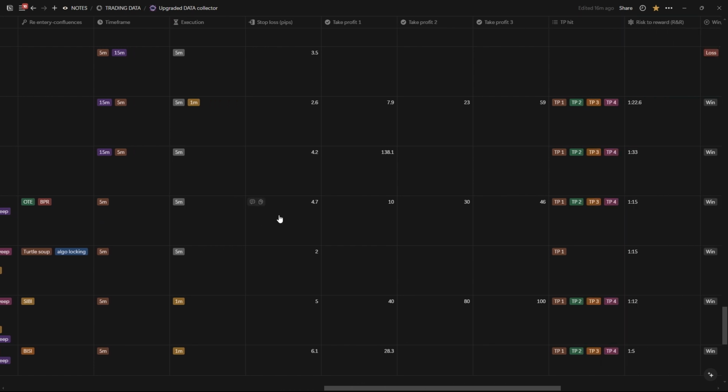So what I also annotate is my stop loss placement, the number of pips. I use this for two different things. I use it to calculate my average stop loss when I lose, and average stop loss when I win. And for me, it's pretty much the same. So I have 50-50, right? 50-50, and that means my data suggests that I should just keep it, right? That's how you calculate if you should keep it or not.